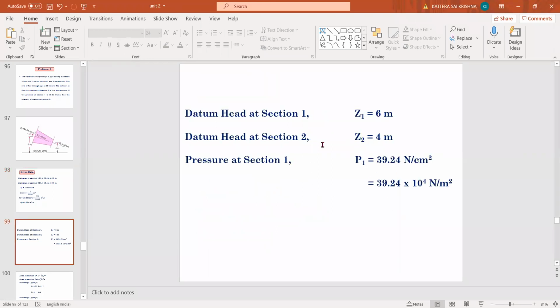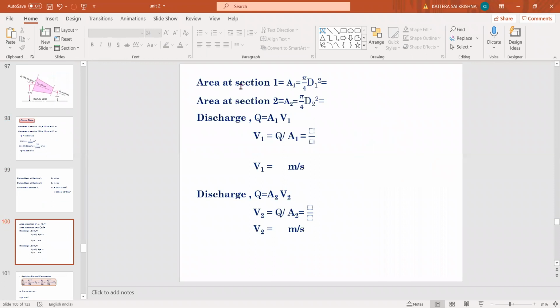Okay, up to here, any doubt? Okay, right. Done. So next we need to find cross-sectional areas. The cross-sectional area at section 1 is denoted by A1 is equal to pi by 4 D1 square. So pi by 4 into what is the D1 value given? 0.2 meter, 20 centimeters, 0.2 meter. So substitute D1 is equal to 0.2 meter, and you'll get your A1 value.